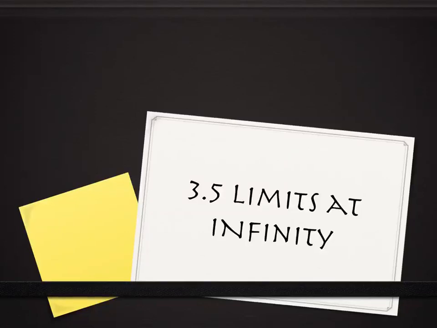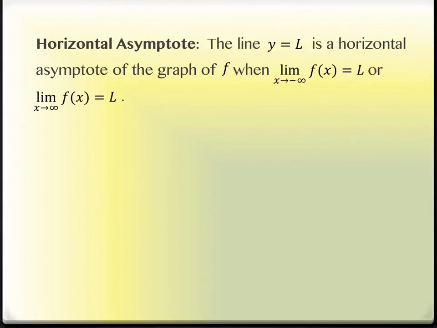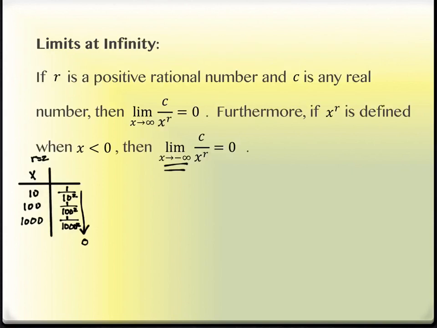So we started section 3.5 last time. We were looking at limits and infinity. And the piece that we had done, a couple of them anyway, is we talked about horizontal asymptotes. So horizontal asymptotes will happen when these limiting behaviors on the end actually approach a value, as opposed to rising up forever. It actually levels off at some value. Those are horizontal asymptotes. And we talked about limits at infinity when we have this specific sort of a feature